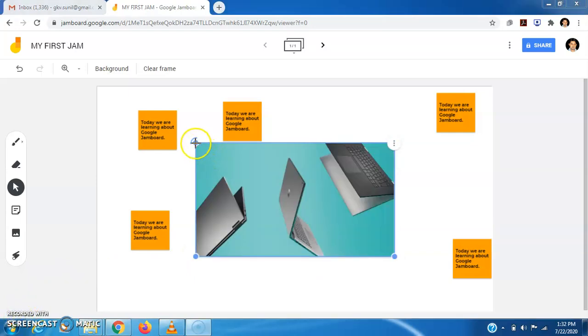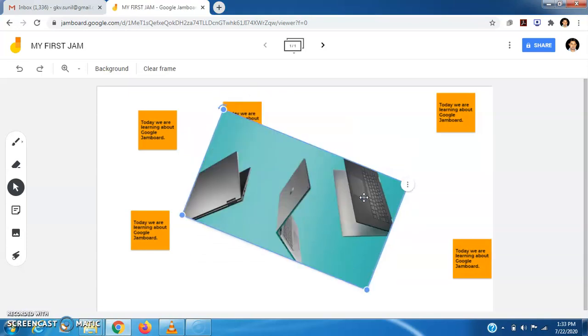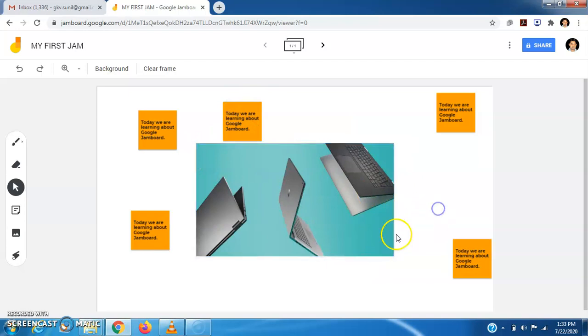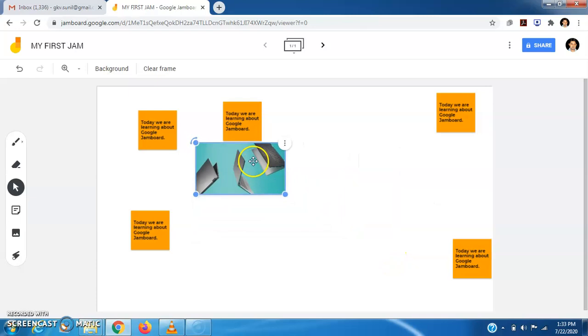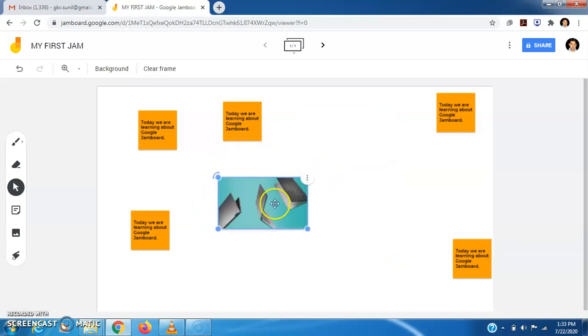So the image is here. We can resize it. We can also place it at any place of our own choice.